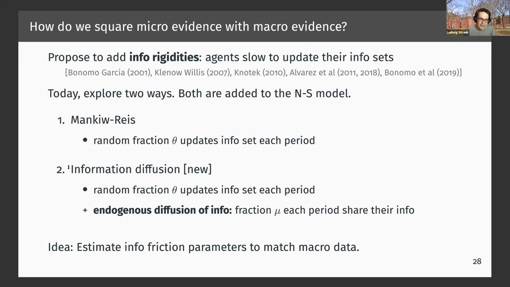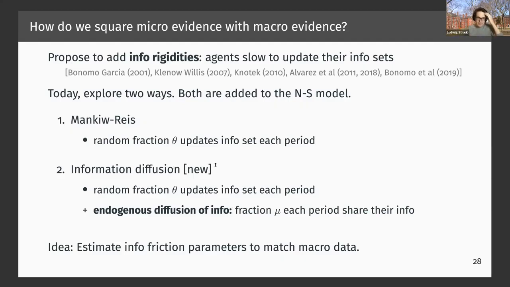The second model that we played around with, which we like intuitively, is a Mankiw-Reis model with an additional twist. Namely, we allow there to be endogenous diffusion of information in addition to the random learning that's happening in the Mankiw-Reis model. So in addition to the random fraction theta of people that learn, there's also a fraction mu every period that meet and share information. This turns out to be really nice, because it generates a more sluggish response of the information